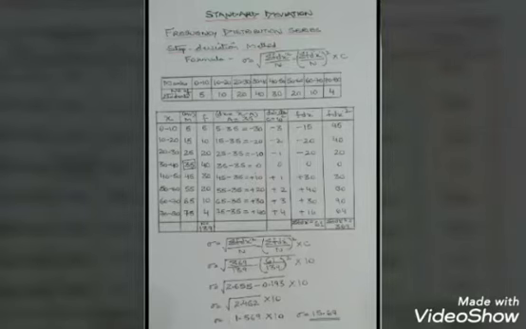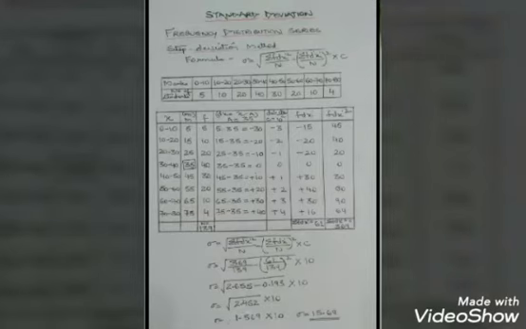So let's start. If you see, a table has been drawn which has 7 columns. In the first column is x, that is the marks. Second, we have to find m, that is mid value, then frequency, then deviation, then common factor, then the sixth column is of f dx, and last is of f dx square. So children, in the x column, let's note down all the marks as given, from 0 to 10 up to 70 to 80.